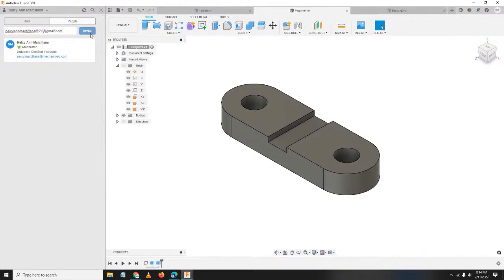Pag kinlik ko yung invite, automatic magsasend ng invitation si MechaniWeb dito kay Gmail. So, click nyo lang ang invite. If you are working on a team, very useful tong Fusion 360 collaboration, no?